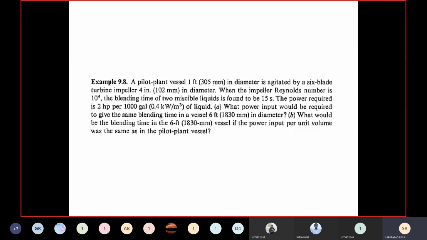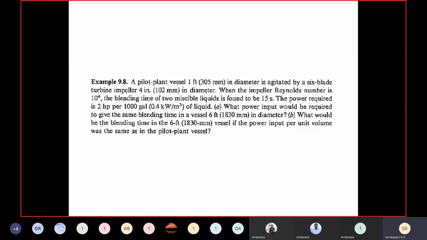Now I also said that when we are going from small scale to large process vessel, one parameter we are supposed to keep the same, that is power consumed per unit volume of the liquid. That is very important. I'll repeat once again. When we are scaling up from small scale to a very large scale vessel, one point we should keep constant throughout. Though the sizes are varying, quantity of materials are varying, time is varying, no problem.